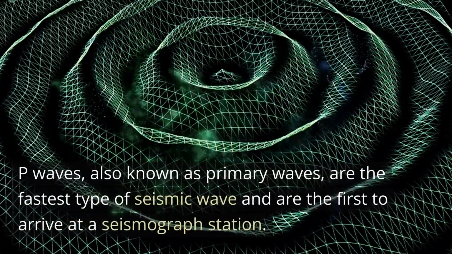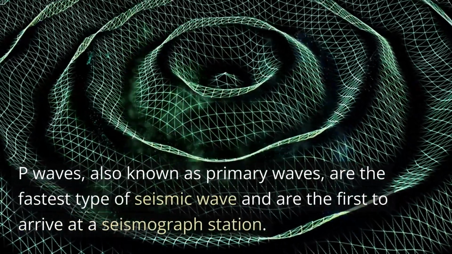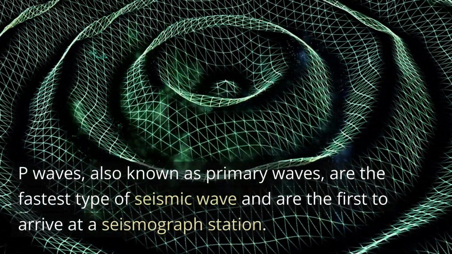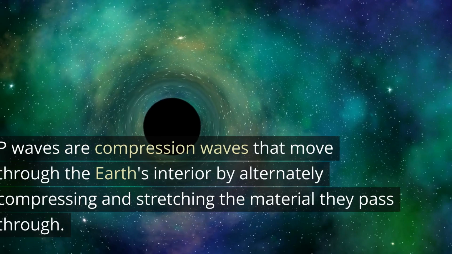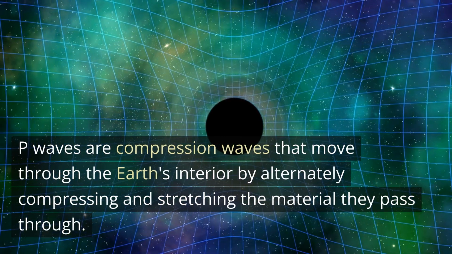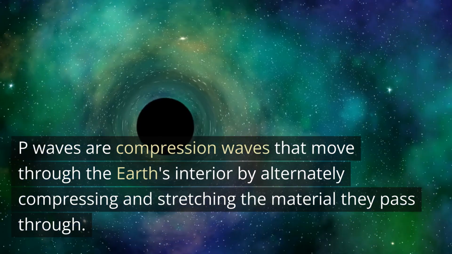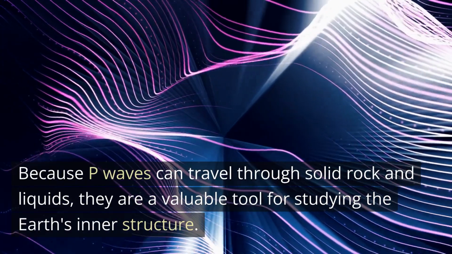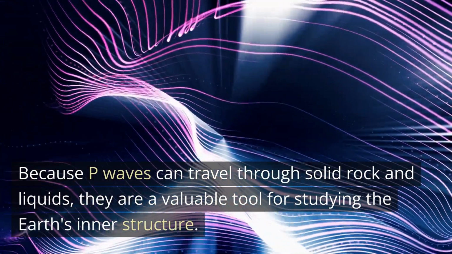P waves, also known as primary waves, are the fastest type of seismic wave and are the first to arrive at a seismograph station. P waves are compression waves that move through the Earth's interior by alternately compressing and stretching the material they pass through. Because P waves can travel through solid rock and liquids, they are a valuable tool for studying the Earth's inner